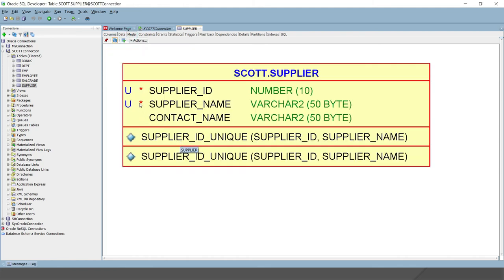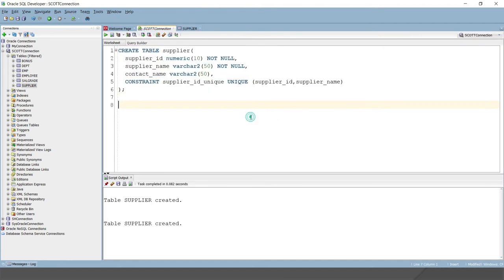I have refreshed, and here you can see U and U star. That U star denotes a unique constraint. And whatever name we gave to the unique constraint is reflected over here, and this unique constraint is a combination of these two. Easily we can define a unique constraint for more than one column.